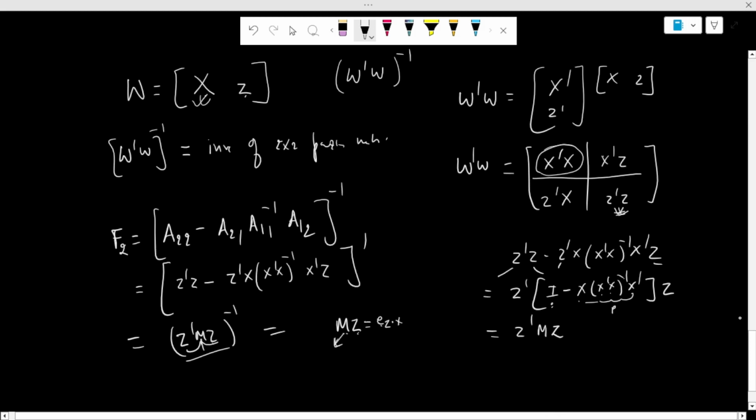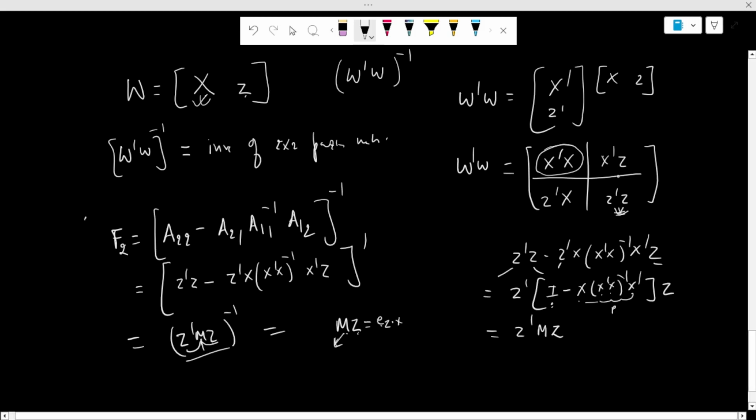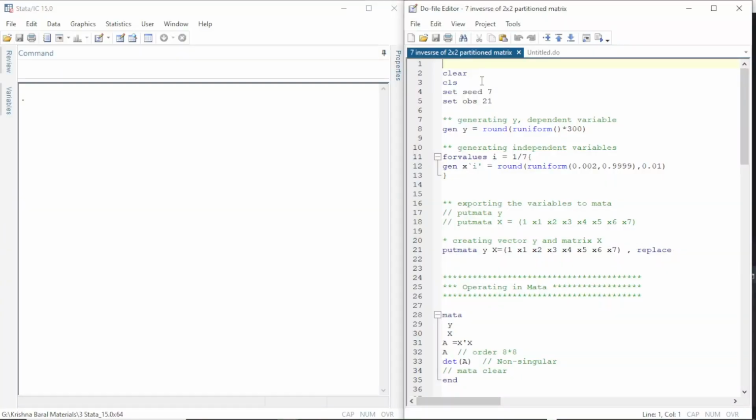So the calculation or concept of the inverse of a 2 by 2 partition matrix is very useful to understand the internal mechanism of the process in econometrics. Now let us see whether this formula is true or not with the help of an example in Stata, actually in Mata in Stata. So we have our data set ready with 21 observations, and we have our dependent variable y